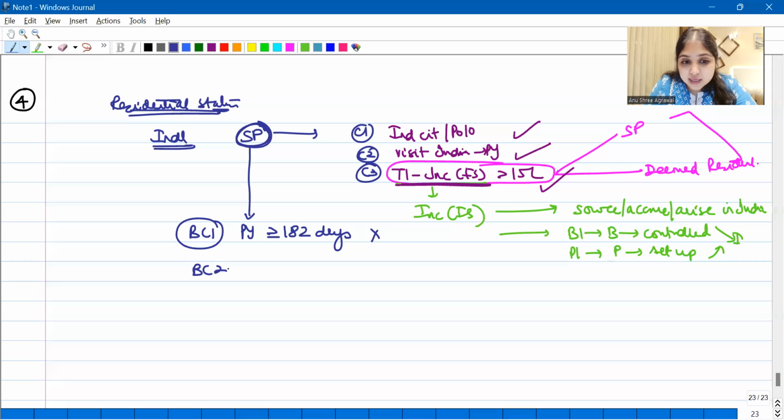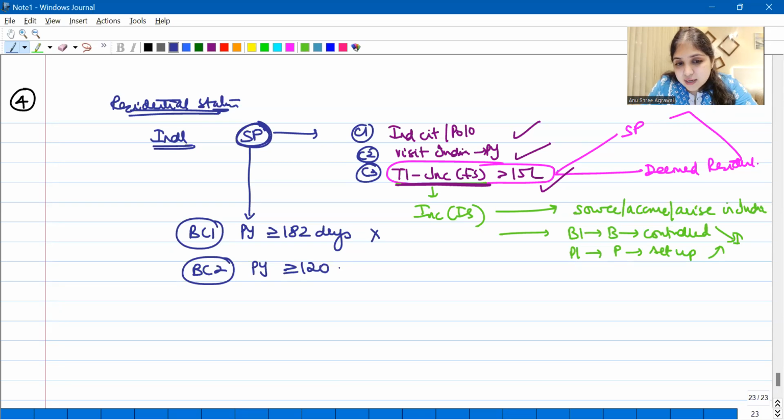Now comes basic condition 2. Tell me, basic condition 2, should I think about an Indian citizen leaving India? Should I think about an Indian citizen leaving India as crew member of an Indian ship? Should I think about an Indian citizen leaving India for employment, business, profession outside India? No. All that, when do I think? All that I think only in regular provision. In special provision, basic condition 2 will always apply. I must always think, what does basic condition 2 say?